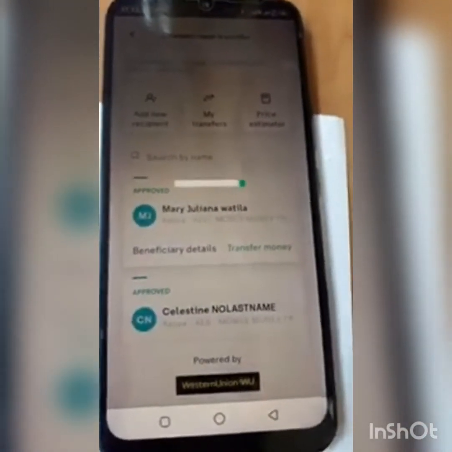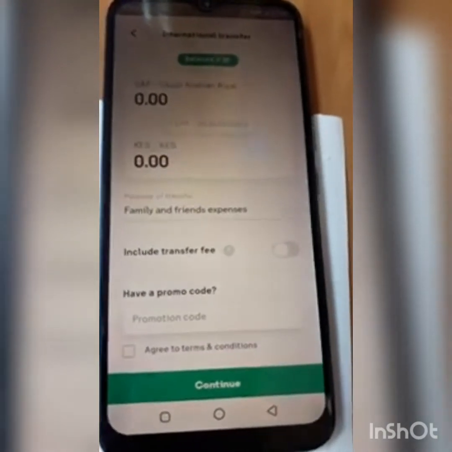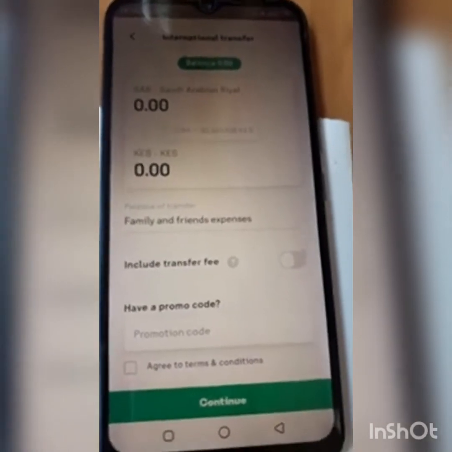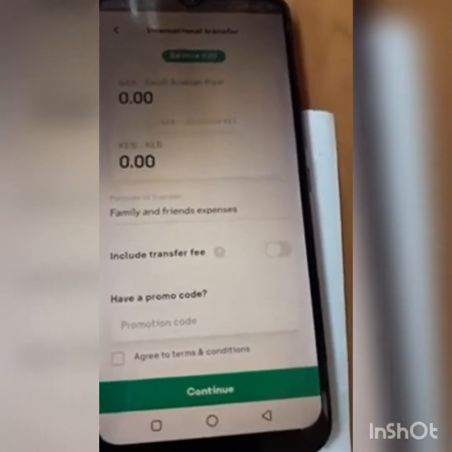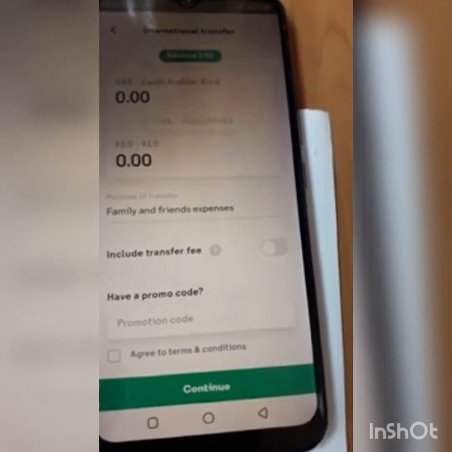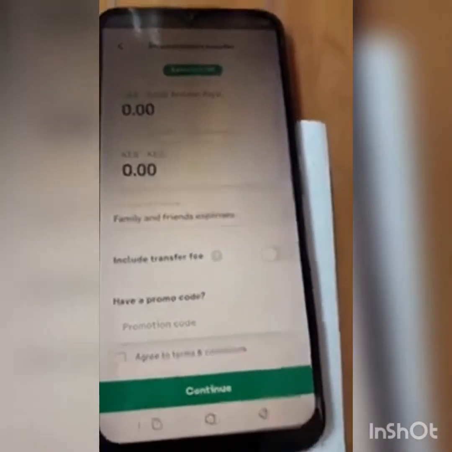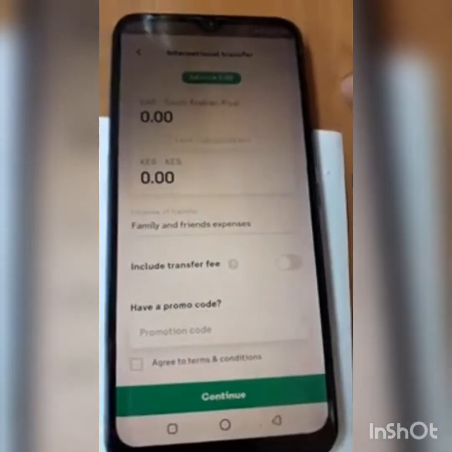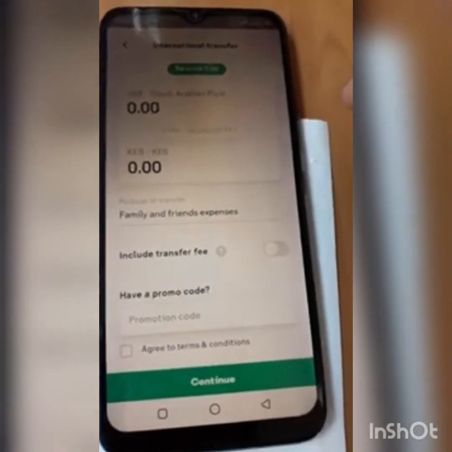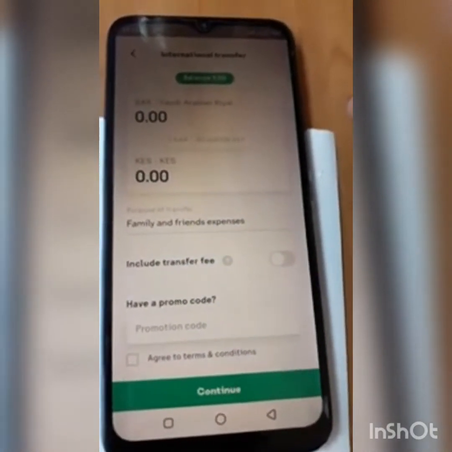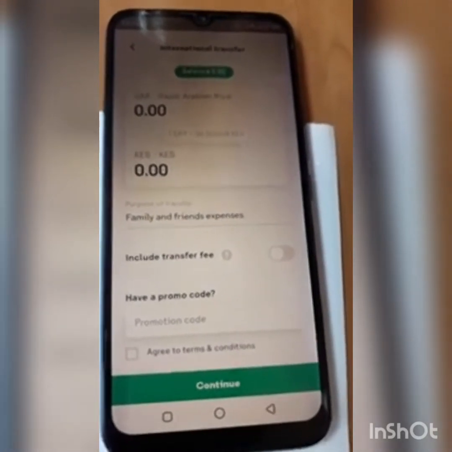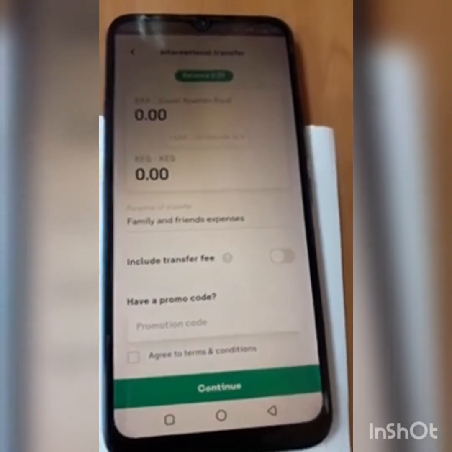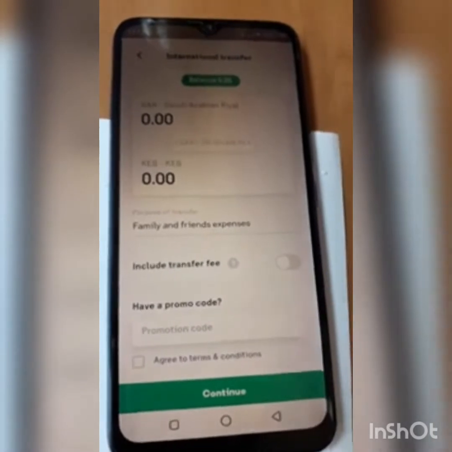Okay, after tapping to transfer money, there on top, assuming your salary is 1,000 and he wants to send 1,000 and he wants to pay for the transaction cost, he will send 1,023. This process of transferring money via STC charges 23 riyals. So if he wants to send 1,000 exactly without any deduction, he will put 1,023. But if this 23 riyals for the transaction is being deducted from your salary,